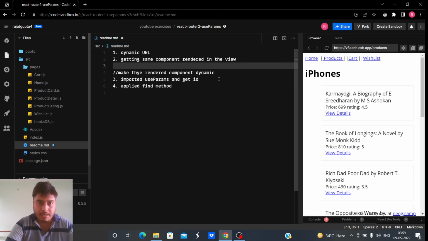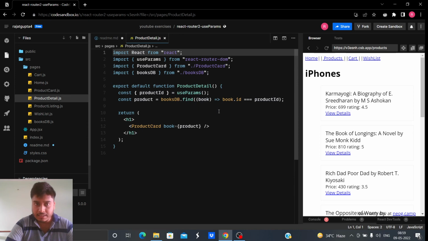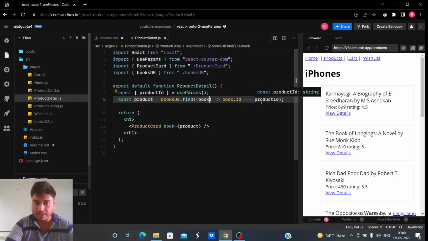In the third step, we imported useParams. So come to product detail, this is what was rendered, but to make this component dynamic, we imported useParams from React Router DOM, used useParams to get the product id, and when we got the product id, we found the particular product that we want. Once we got that product, I passed it into this.